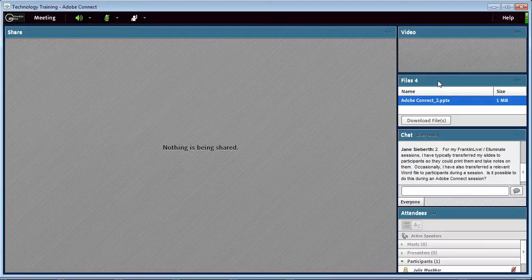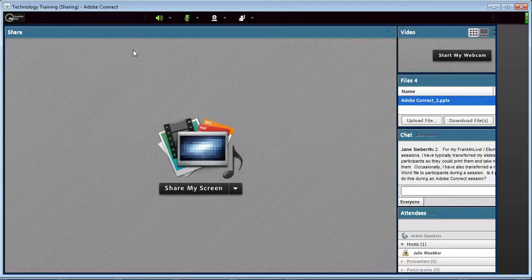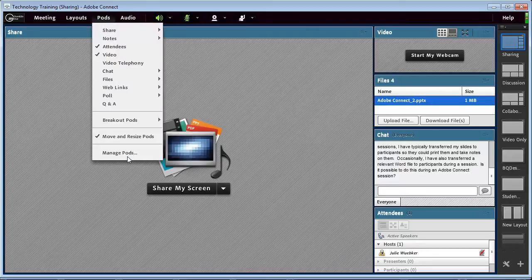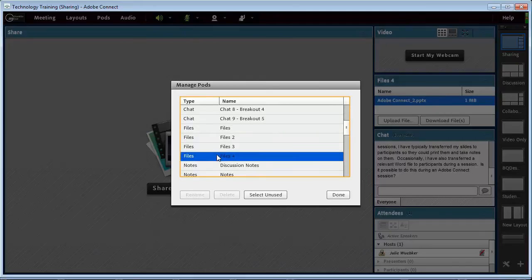Now the last thing we can do, which may even make this a little bit better for students, and I'm going to switch myself back to the host role so I can see everything, is to rename this pod. Because right now Files 4 is not terribly useful. So let's go under Pods again, and then we'll go to Manage Pods. And then I'm going to locate that one. So I'm going to scroll down until I find it. There we go. We've got one called Files 4. I'm going to select it. I'm going to click on Rename, and then change this to